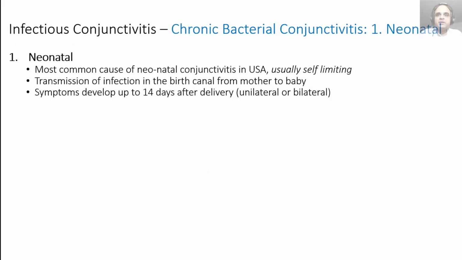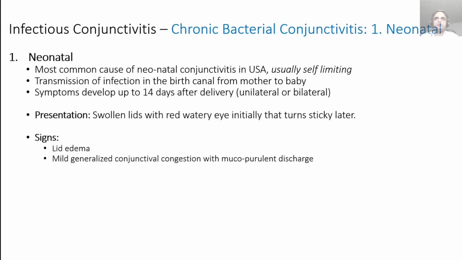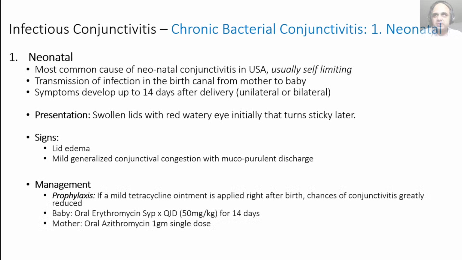This is the most common type of neonatal conjunctivitis in the US. The good part is it's usually self-limiting, and the transmission is from the birth canal, just like hyperacute type of infection. The symptoms you don't get immediately, but somewhere between birth and 14 days. It could be one eye or both eyes, and the presentation is with your usual signs of conjunctivitis together with swollen lids. The discharge is initially watery because remember, this is an intracellular organism, so it's a lymphocytic reaction preceded by a neutrophilic reaction. So you have conjunctival congestion, mucopurulent discharge, lid edema, and the management is simply to